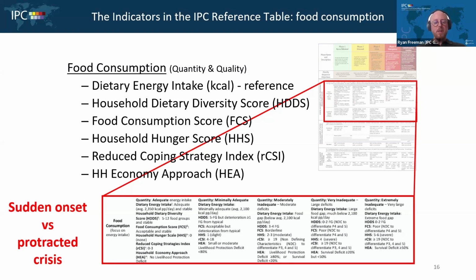So what this reduced coping strategy index does is it identifies several different responses, whether it's reducing the meal size, eating, let's say, fewer meals per day, who gets to eat the meals first. So it allows us to capture some of these experiences that individuals may be using and facing during situations of stress or following a shock. This isn't, and we'll get to this on the next slide, about selling off livelihood assets or making a livelihood change. This is all about food-based coping.